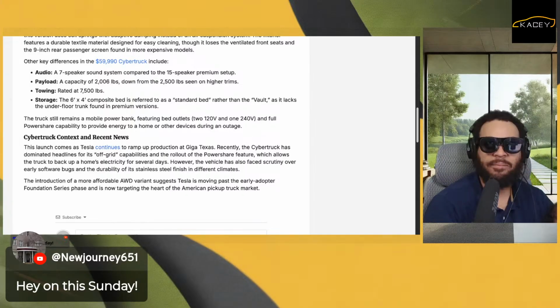Anyway, the 6 foot by 4 foot composite bed, referred to as the standard bed rather than the vault, as it lacks